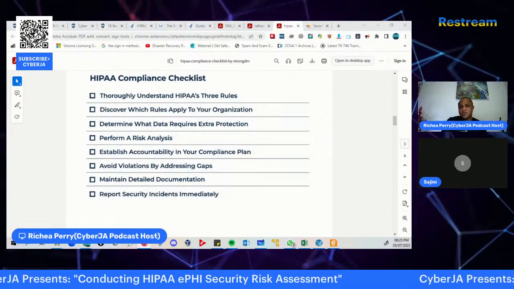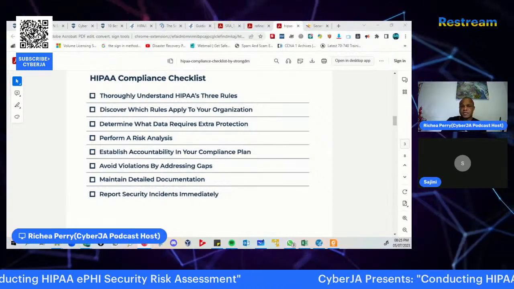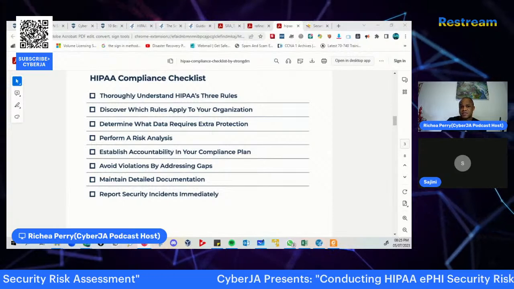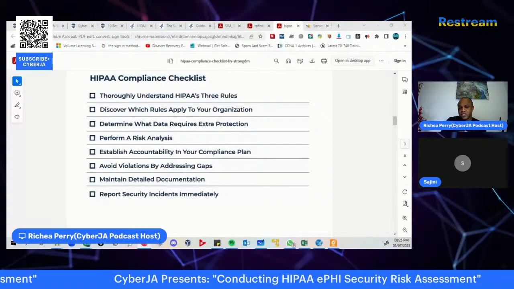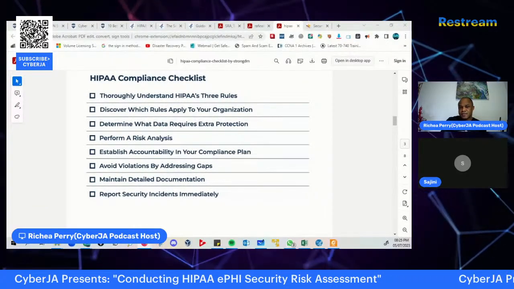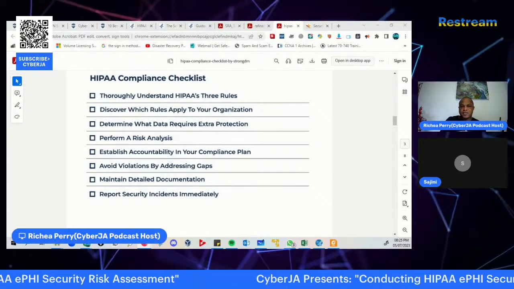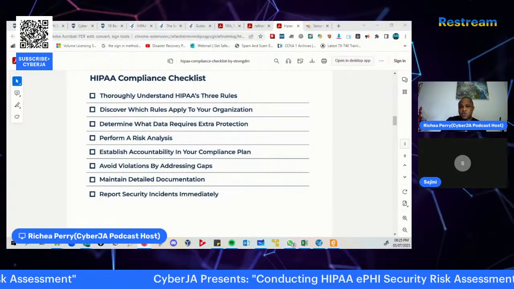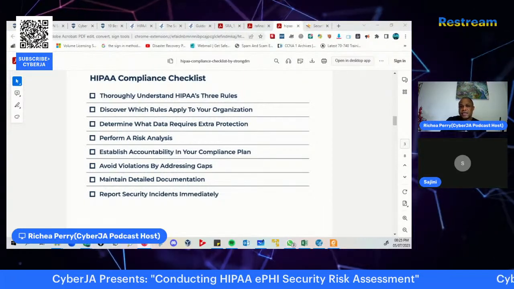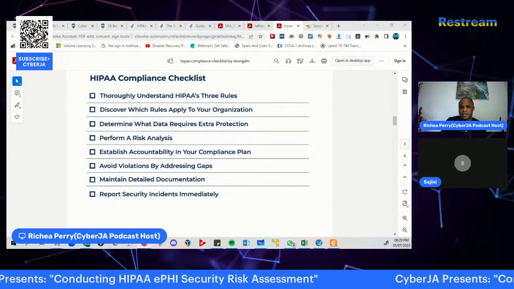This meeting should include, for example, representatives from each department that handles the various PHI, that's the health information within the organization, such as your IT, human resources, and the healthcare providers in that organization.